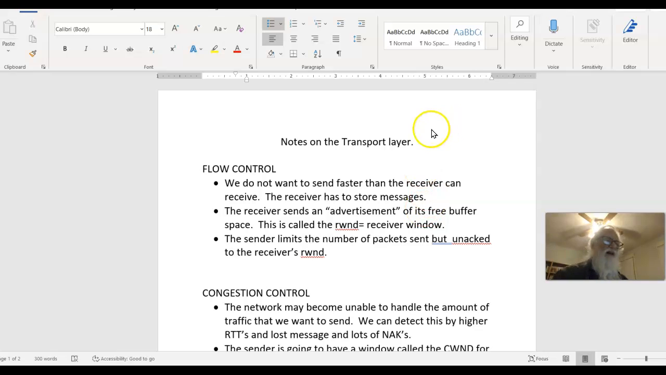Hello. I have a couple more things to say about the transport layer. Not much in this one. After this, I think I'm going to talk about Wireshark's